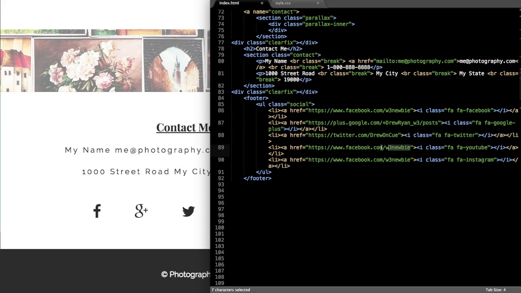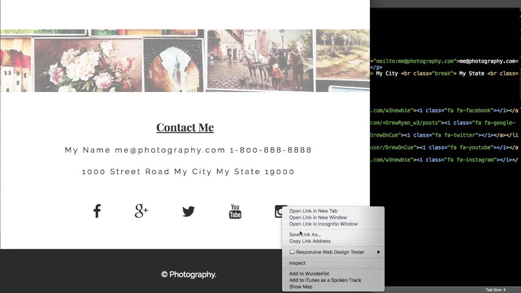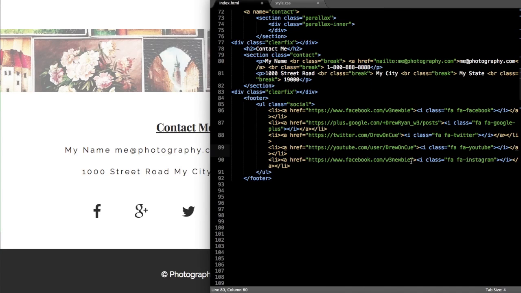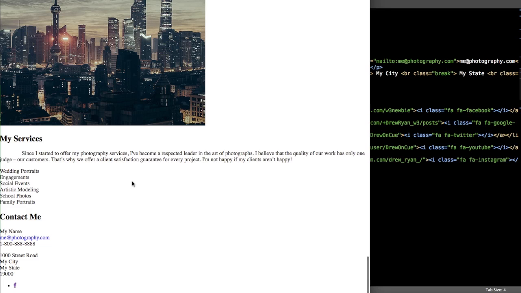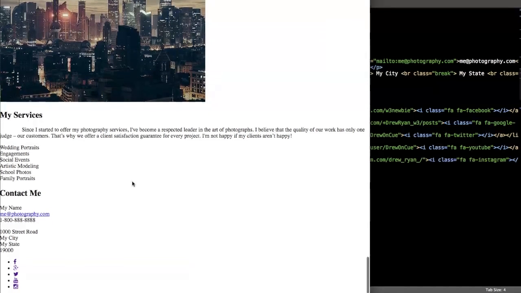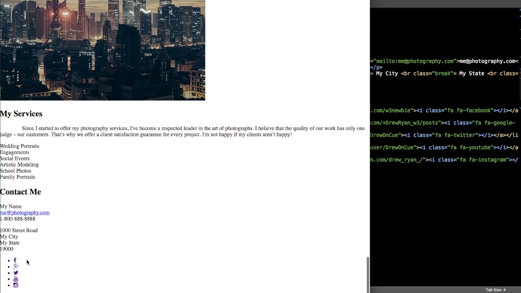Okay, and then if you want to send people to a new page, just remember to add the target underscore blank in the link tag, the a href tag. So target equals, and then in quotations, underscore blank, and that will send people to a new page when they click on the social media links, similar to the images in the portfolio section. Okay, so now we have all of our links displaying down here,